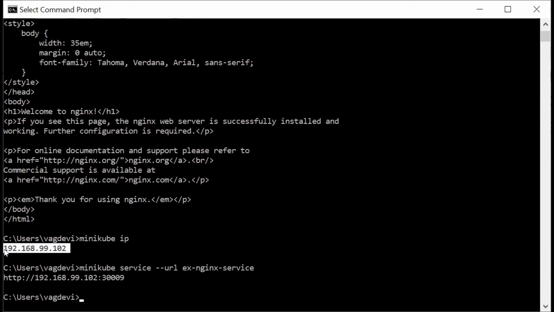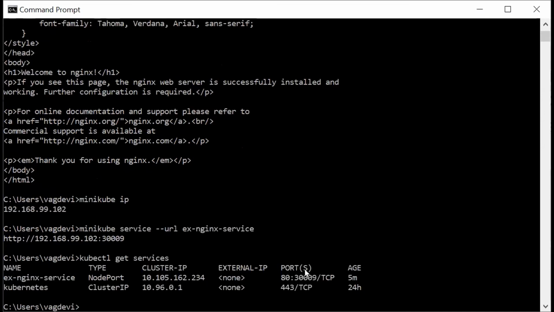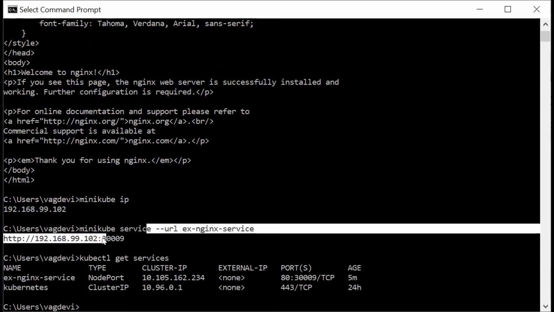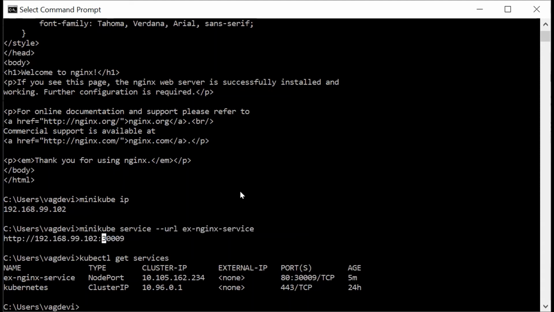And this is the node port of the service, which we could cross-check using this command. So 30009, which is the same over here. So remember that the service URL is created by the Minikube IP followed by the port given by the NodePort type of the service.